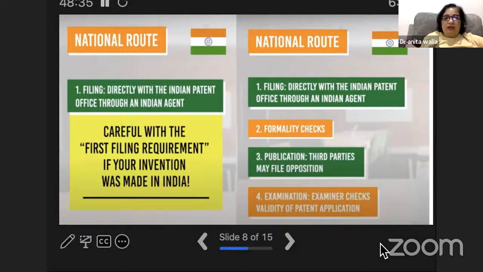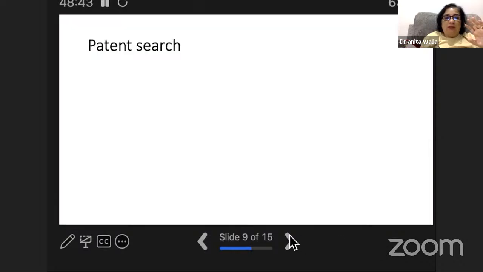What if you want to file in several countries? Then you can go to the Patent Cooperation Treaty, which is the best option. But before applying for any patent, there is something you must do, which is called a patent search. You have to find out whether your invention has novelty or not. So let me take you to a site, and I will put this in your chat box also, so that before you go ahead and do a lot of things, you can actually see this. I'm just going to put this and I'll take you to that website.